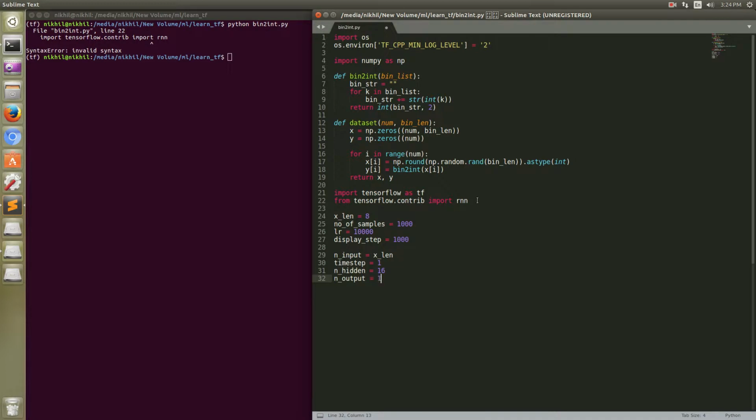The number of outputs is only 1, as we have only one decimal number. Now let's generate the training and testing data set. train_x, train_y is equal to dataset. Here we can say it requires first the number of samples, and then xlen. For the testing data set, test_x, test_y should be equal to dataset with number of samples, say 5, of xlen,